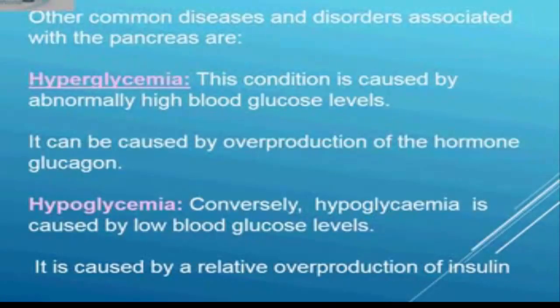Now, other common diseases and disorders which are associated with the pancreas are hyperglycemia and hypoglycemia. What is hyperglycemia, students? This is the condition which is caused by abnormally high blood glucose level. That means when the blood glucose level has reached an abnormally high level in the human body, then hyperglycemia takes place. Hyperglycemia is a disorder. It can be caused by overproduction of the hormone glucagon. So hyperglycemia is associated with the overproduction of the hormone glucagon, which is secreted by alpha cells of